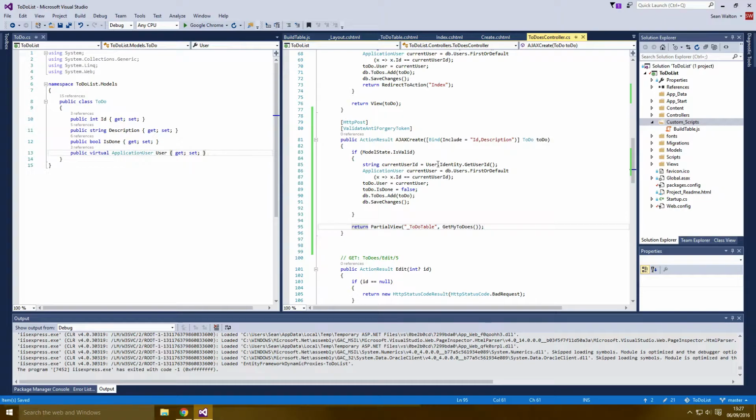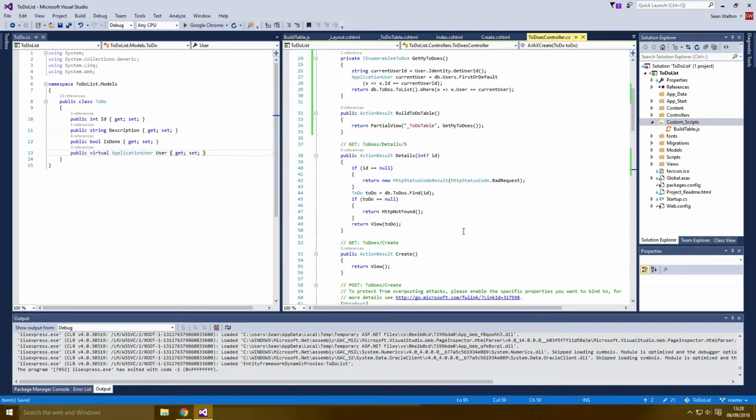So what's happening is with our Ajax form, we're going to do an HTTP post request. The binding system is going to look at that information, and it's going to see that there's an ID and a description. It's going to create a to-do object. If that model is valid, it's going to add the user information, set is done to false, add it to the database, save the changes, and then it's going to return a partial view